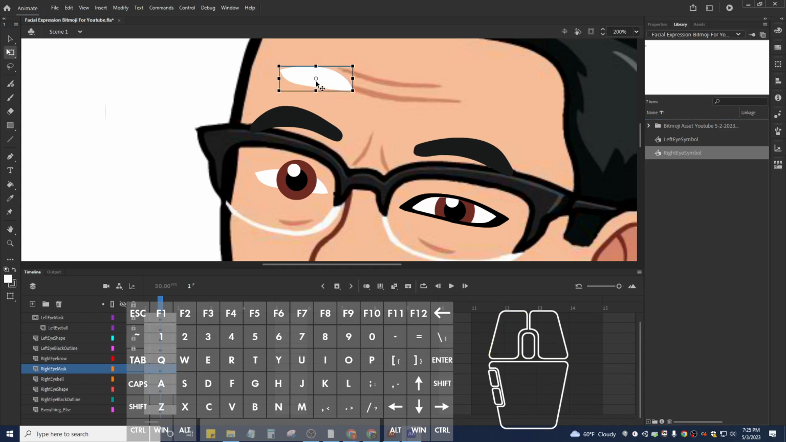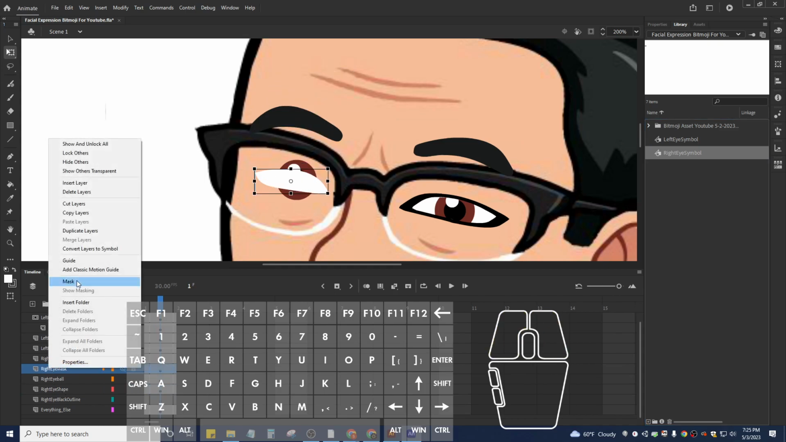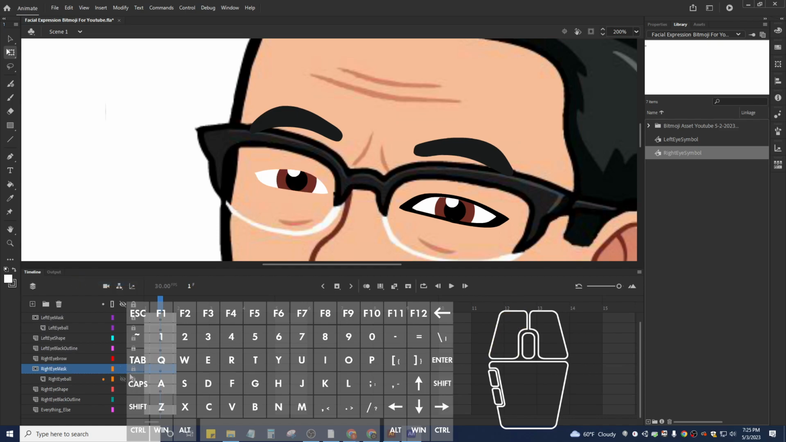Drag that right eye there, and then go ahead and align it. Turn that mask into an actual mask. When you turn it into a mask, it will lock both layers. I'm going to go to the black outline. I'll click on the first frame, drag my right eye symbol in, drag it right over the eye, and now I'm going to enlarge it by holding Shift,